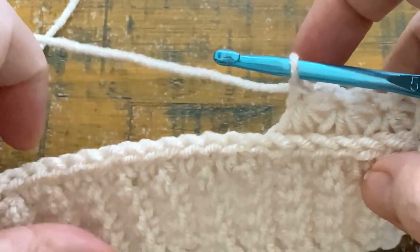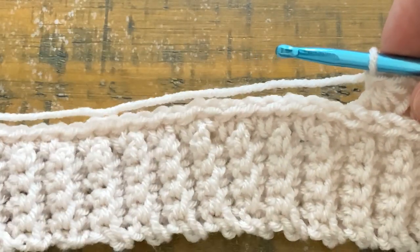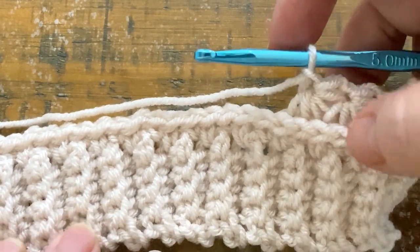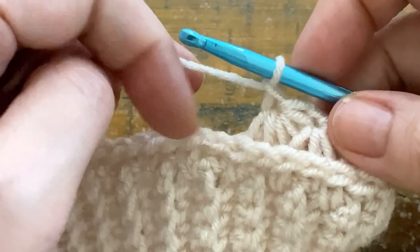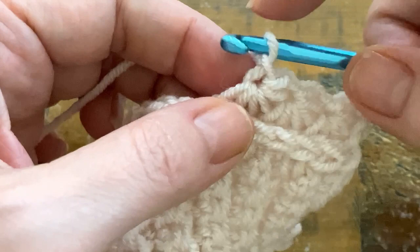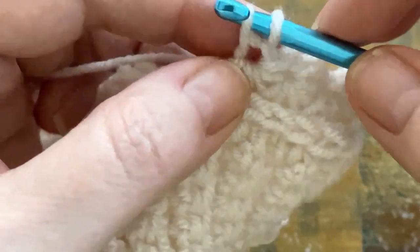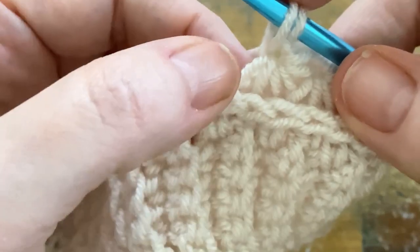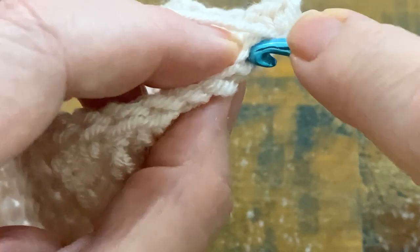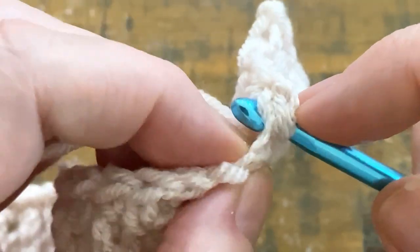So I'm going to just show you one more time, and then I'll leave you guys to continue to do the first part of the star stitch all the way along. So let's show you one more time. Put your hook in this very first little hole there, pull up a loop, and then this next stitch here, just in the back, put your hook in and